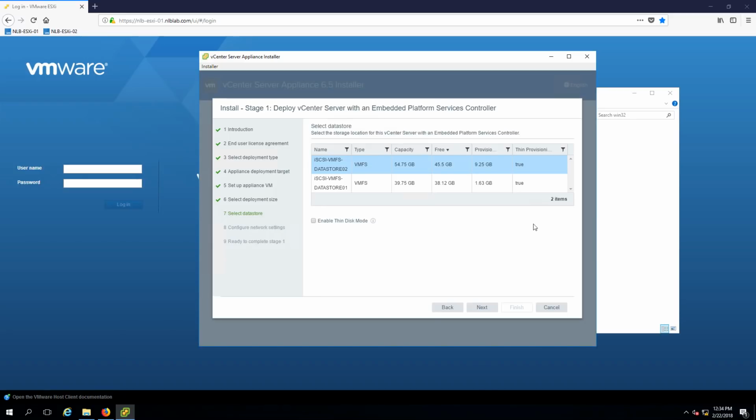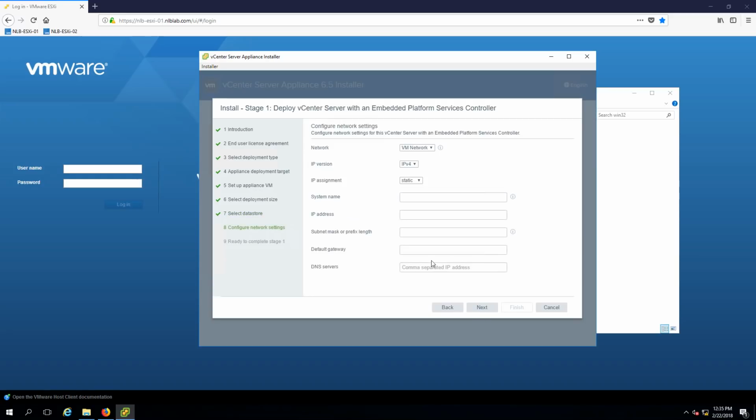And the next page will ask me what is the data store, what is the storage that I want to deploy this appliance to. And I have two. If you configured a local storage on your ESXi, you most probably have one or maybe more. I'm just going to select one of the data stores that I have, and a really important thing for testing purposes: I'm just going to enable the thin disk mode, which means that the vCenter appliance will not allocate all the required storage space, and instead it will start from a smaller disk and grow over time. So I'm going to click next,